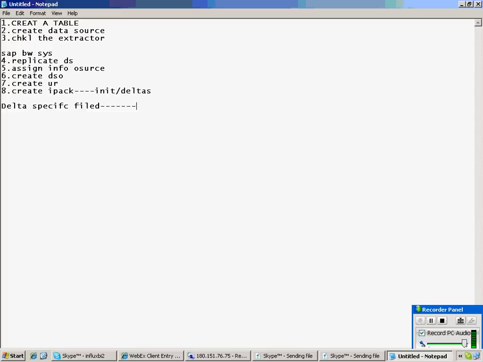Delta specific field: the generic data source can collect deltas based on a single field only, known as the delta specific field.